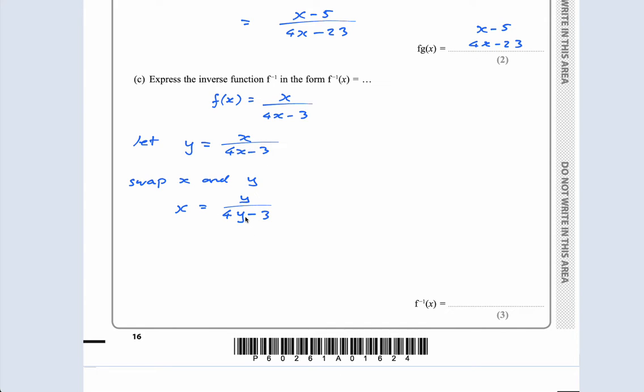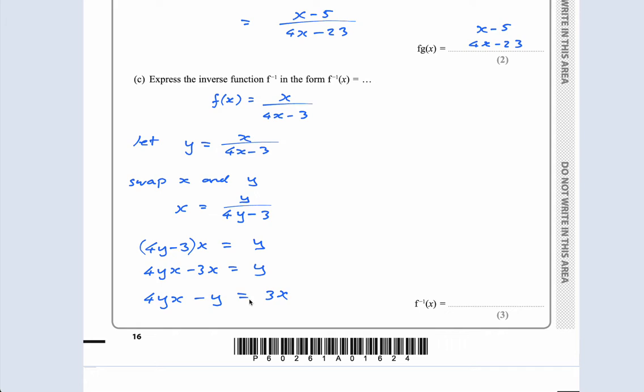Then I solve for y and make y the subject. So I'm going to multiply across by y. So that's 4y minus 3 times x equals y. Then I multiply out because I need to get the y's on their own. So I'm going to get 4yx minus 3x equals y. That's multiplying out the bracket. I'm going to get any term with y in it on the left. So this term is here, and I'm going to subtract this y. And any term without a y in it on the right,